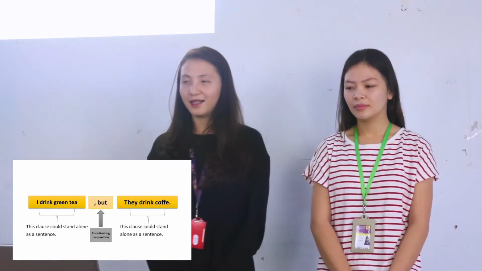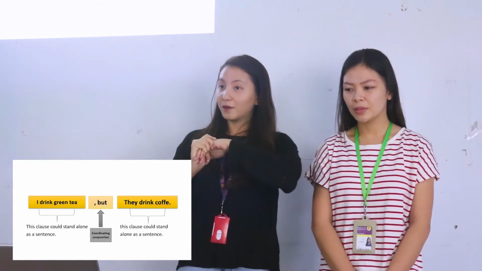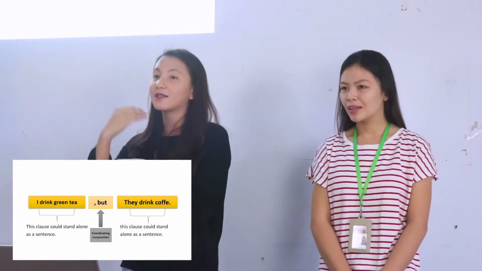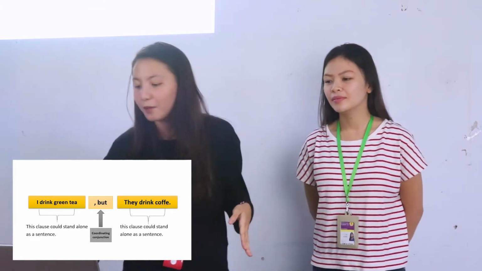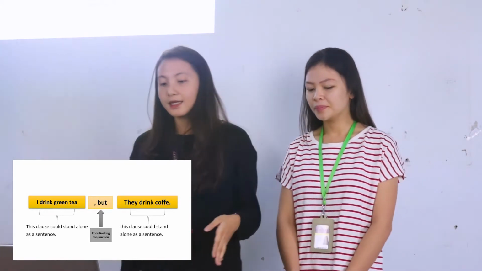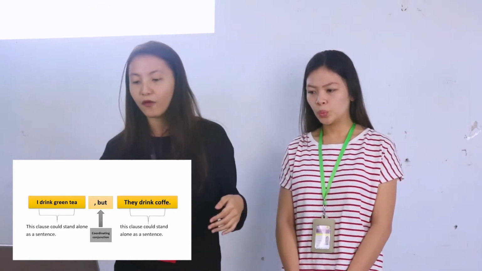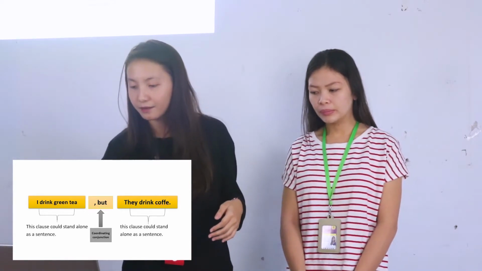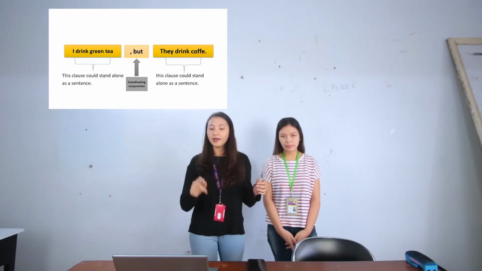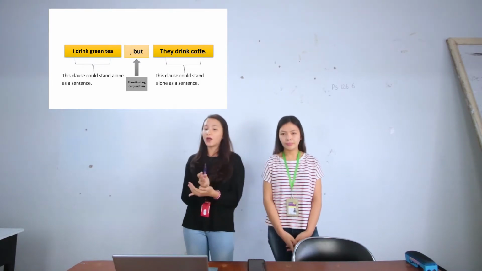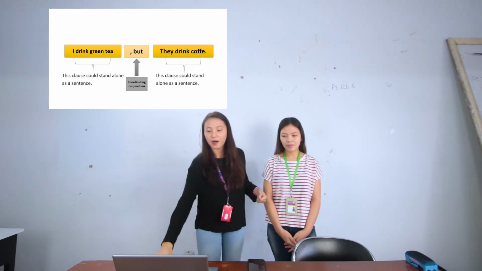So this is a sentence. As you can see, I drink green tea. What is I drink green tea? What kind of clause is it? Independent. Yes, that's right. An independent clause. So this clause could stand alone as a sentence, which means it is an independent clause, and but is the coordinating conjunction. A compound sentence has at least two independent clauses. So I drink green tea is an independent clause because it can stand alone, and also they drink coffee is an independent clause because it can stand alone. And the next part will be presented by